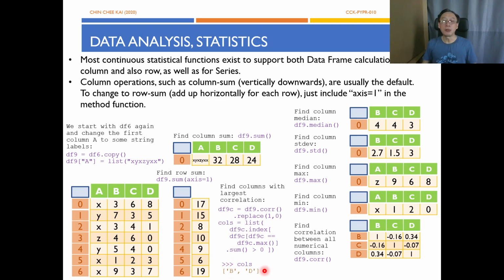So after this calculation, our cols will contain a list of any column that contains the largest correlation value. Now, assuming the largest is unique, as in the half triangular table here. If it is unique, for example, we don't see B and C also being 0.34. All right, so unique in the sense of the upper triangular matrix, then we definitely will see two columns being